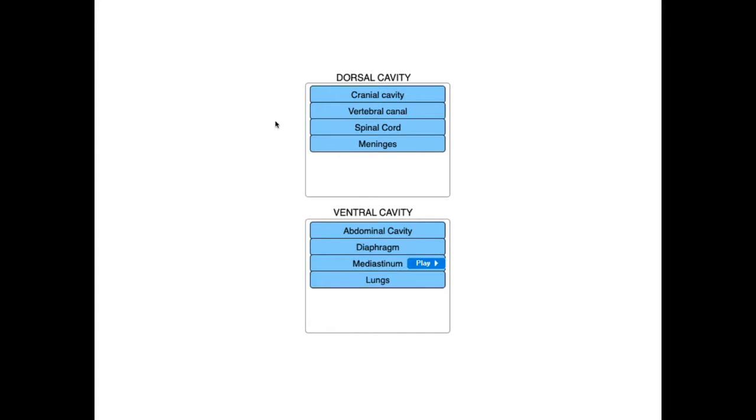So the posterior cavity, or the dorsal cavity, is going to have the cranial cavity, the vertebral cavity or vertebral canal, the spinal cord, and even the meninges, right? The meninges are the layers that protect the spinal cord. In the front portion, in the ventral cavity, that's where you have the abdominal cavity, the diaphragm, lungs, and the